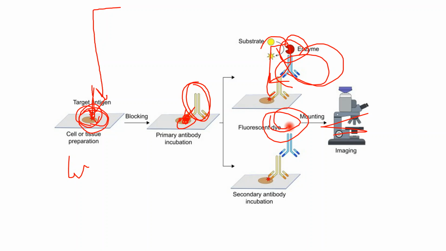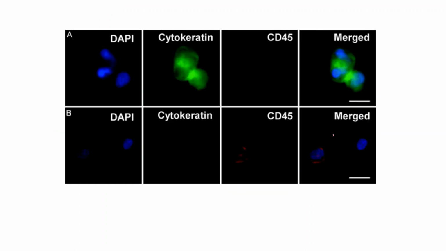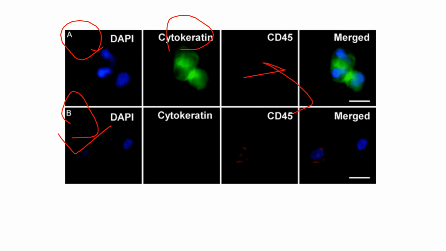Now, how will these proteins be visible? We can see this. These are very beautiful proteins we can see. Here two conditions are there, say A and B, in which a drug is there which is targeting cytokeratin, and this is CD45. This is a figure from one of the papers to show how we can see fluorescence imaging. This is the DAPI.